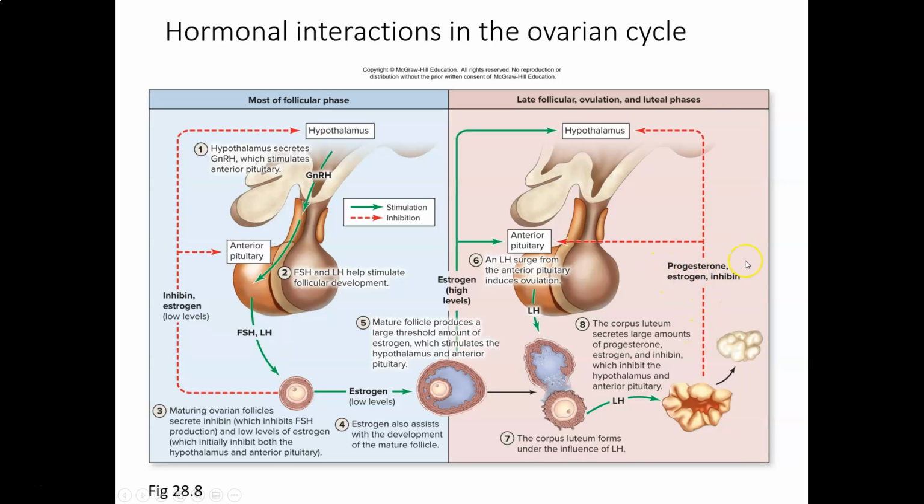Right. Also, there's progesterone secreted from the corpus luteum. All of those, in addition to the inhibin, right? Inhibin is also secreted by corpus luteum. They all work as a negative inhibitory mechanism, negative feedback onto the pituitary and hypothalamus. So then you have low level of those gonadotropin hormones in the luteal phase